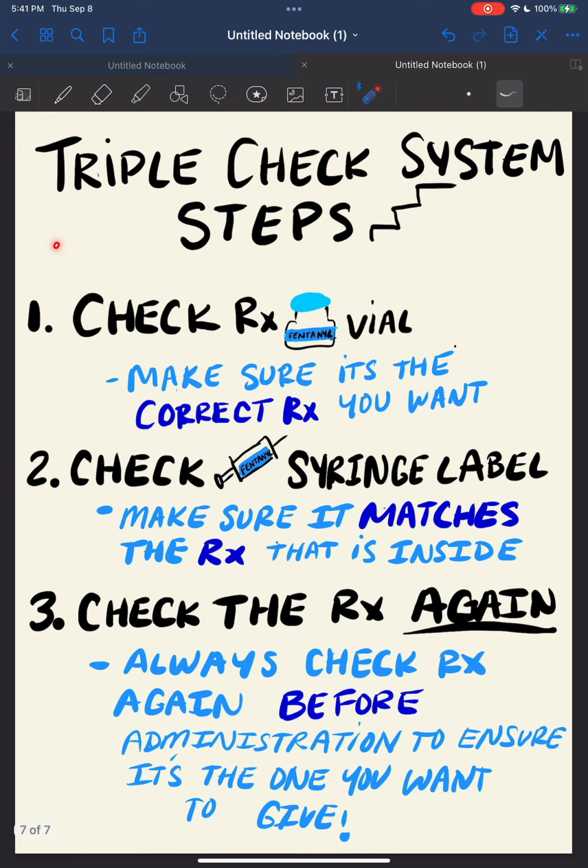What are the steps? Well, the steps of the triple check system are: 1, you want to check the vial of the drug and make sure it's the correct drug you want. Like this one says fentanyl. That's what we want. 2nd, we want to check the syringe label and make sure it matches the drug that's inside. So this is the fentanyl vial. I'm going to put the fentanyl label on it. And finally, before we give the drug, check the drug again before we give it. Make sure it's the one you want to give, because nobody wants to make errors. And again, patient safety. We always want to